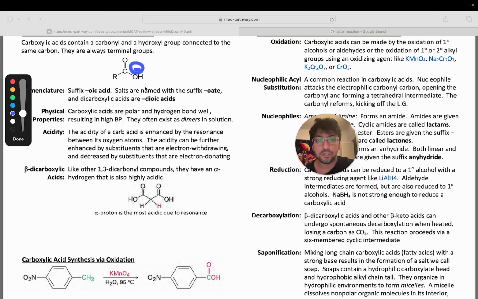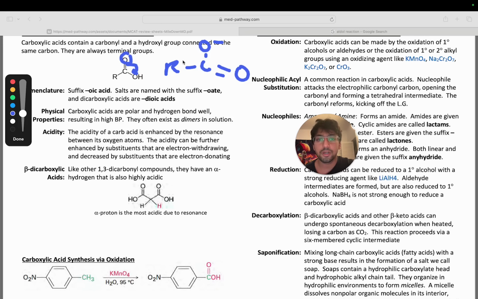Is this negative charge stable or unstable? You should be thinking, well, it's actually pretty stable because there's this resonance thing where this could now form resonance when we get rid of this and we have that negative charge. This could form a resonance with this compound over here, which is basically the same thing, right? You can understand that this double bond will hop over here and this oxygen over here will pick up that